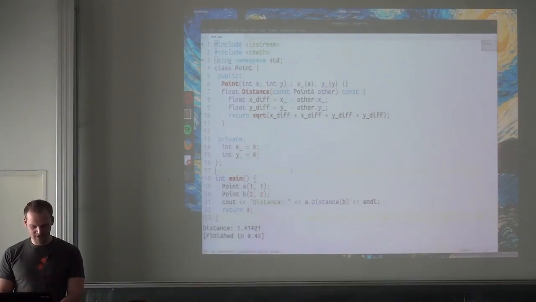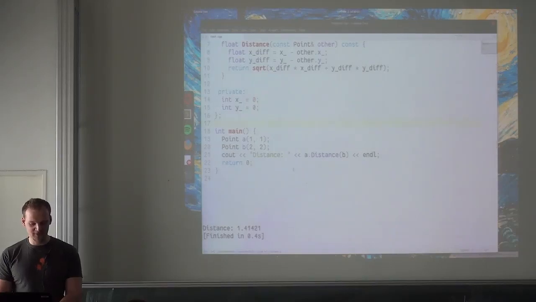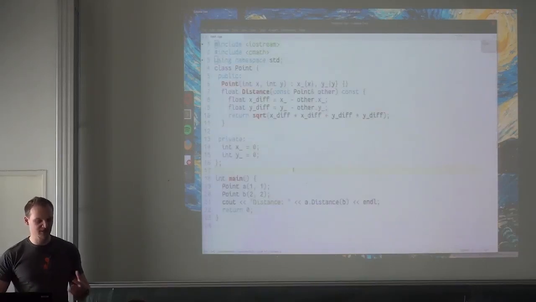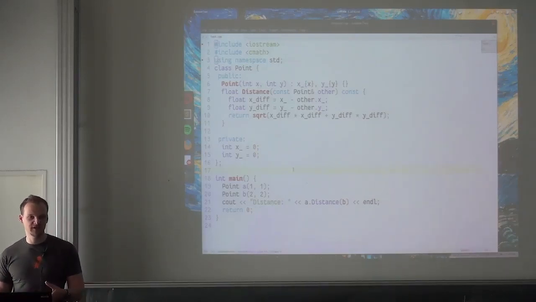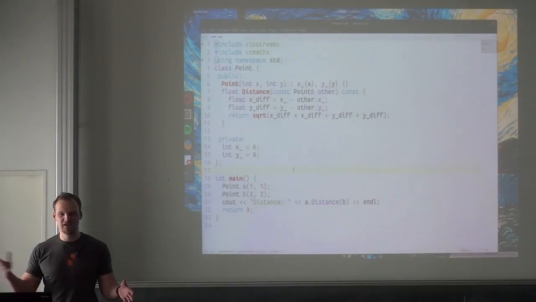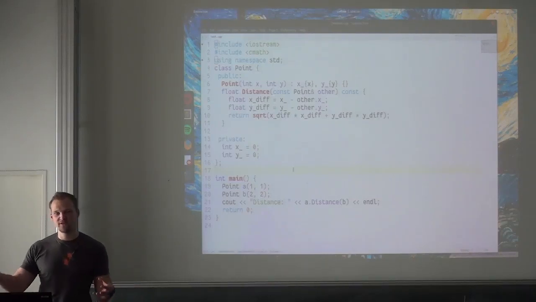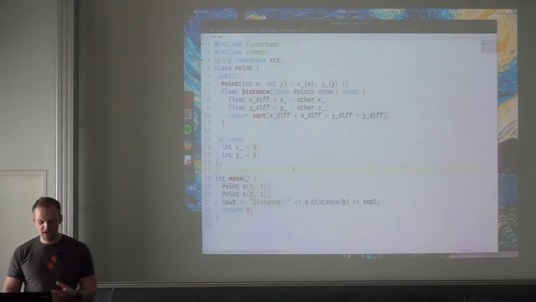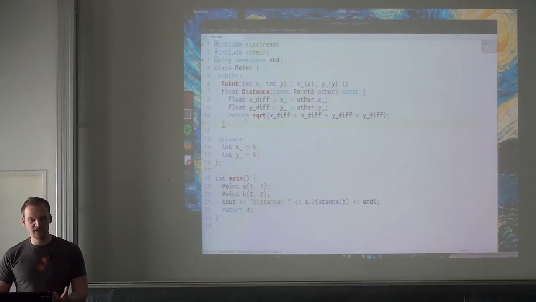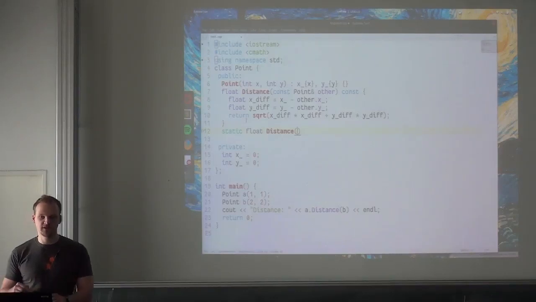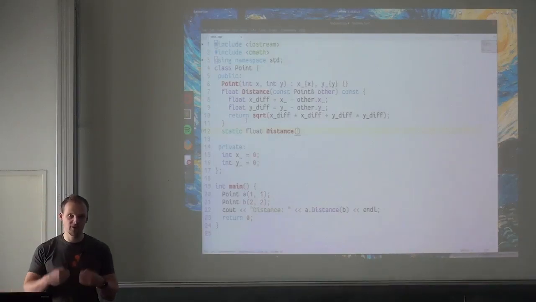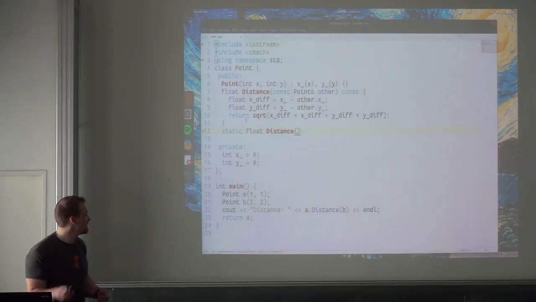Good. So at this point, it doesn't really look like what we are used to, right? We're used to saying, tell us the distance between these two points, and not say, point, get me distance to another one, right? It's just not the way we think about it. So what usually we can do is we can use a static function. So we can say static float distance,